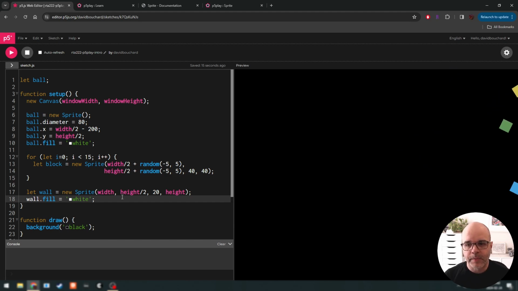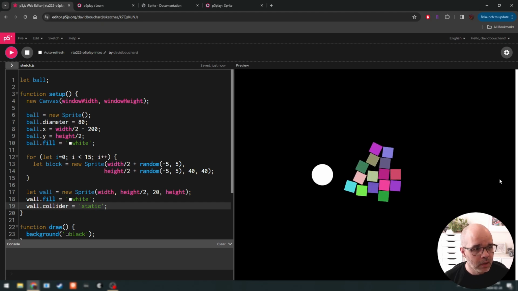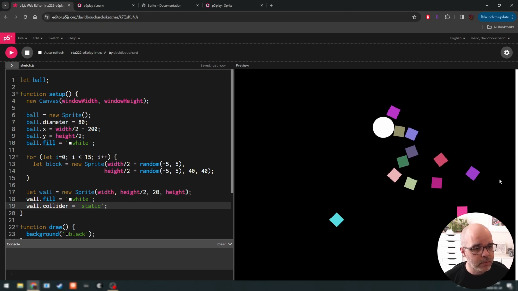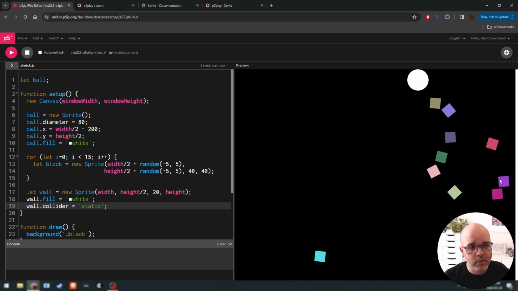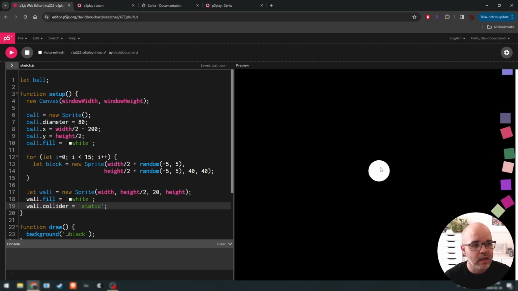Okay? This is called the collider, what we're about to set, and there's a few different options for colliders. So the default is a dynamic collider, and here what we're going to do is after we create the wall, we're going to set the attribute called collider, and we'll say this attribute actually should be static. So a static collider just means that we'll have an object in our scene now, which is going to be there. Other objects will interact with it, but that object is now fixed. Okay, it's static, which means it cannot be pushed,